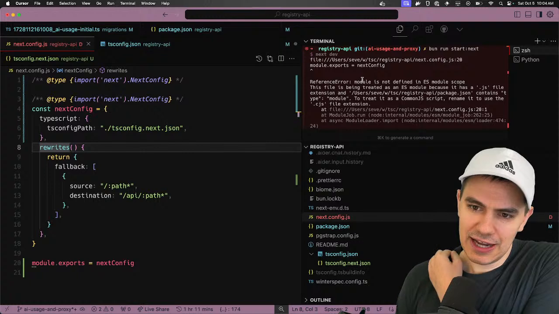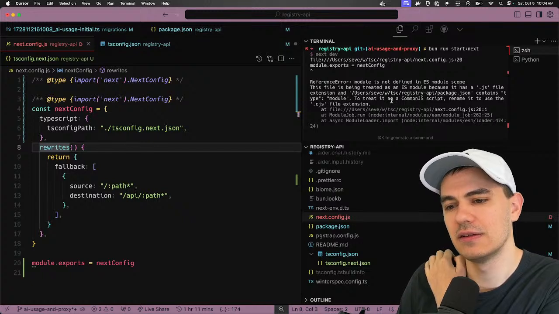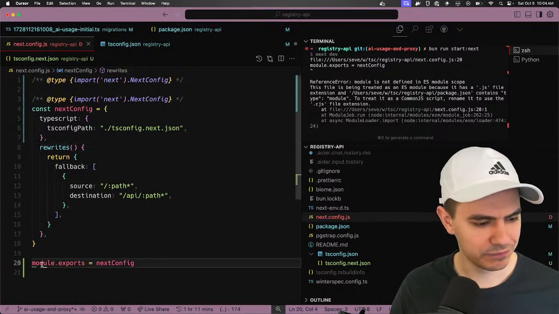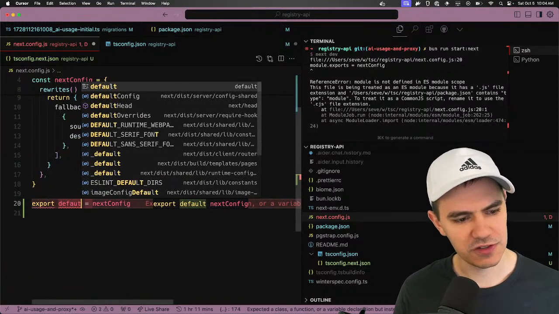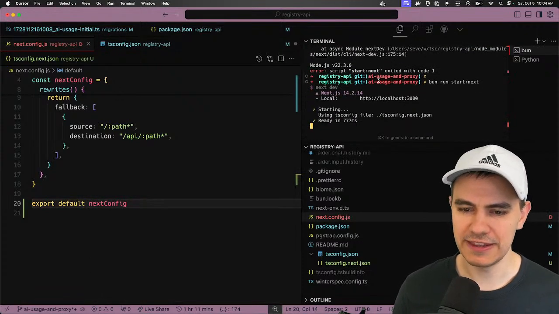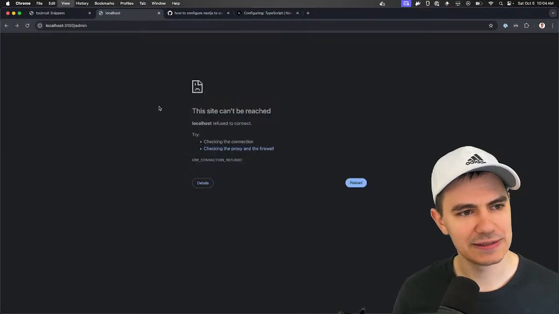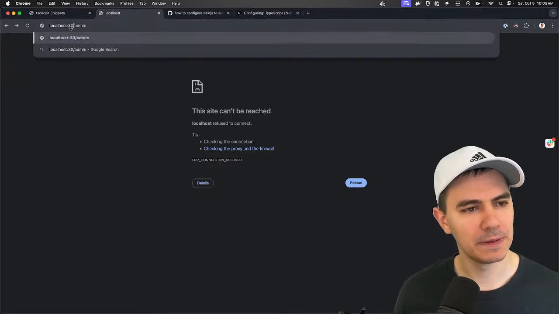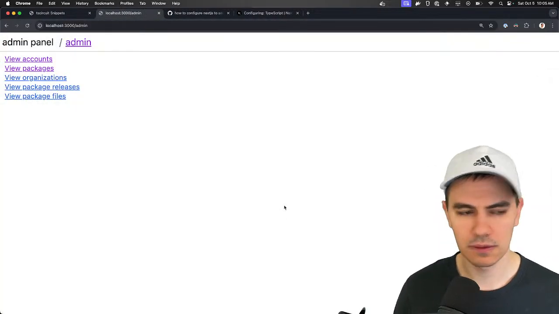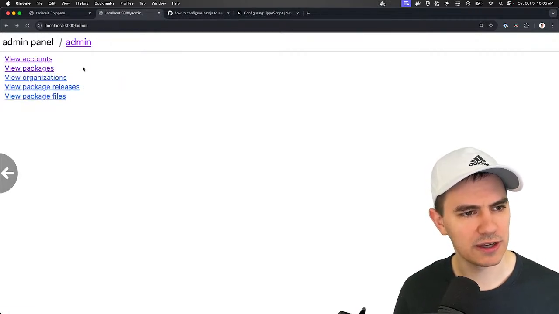All right, it's being treated as an ES module because there's a JS extension. Blah, blah, blah, package JSON. Oh, oops. That's just bad AI. Bad AI. Nice. Now we're talking. No more overwrites. That was a pretty annoying issue. Okay. Nice. Okay, and our admin panel is working, so that's good.